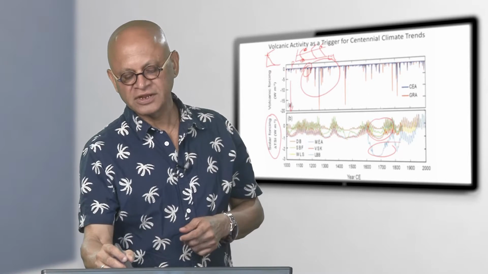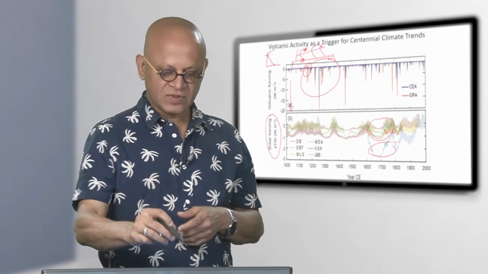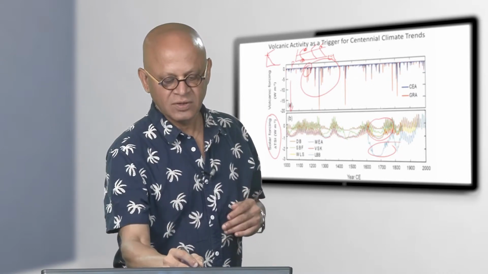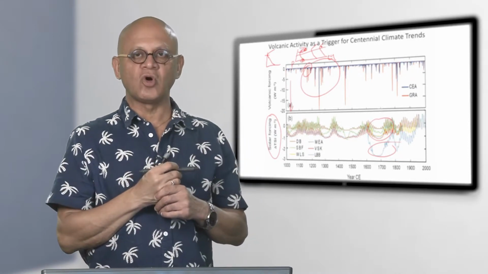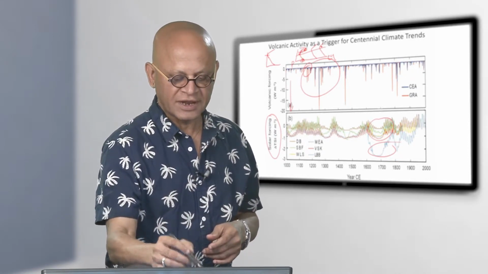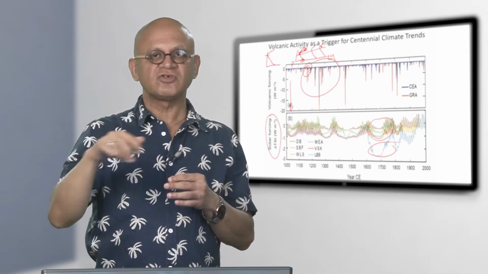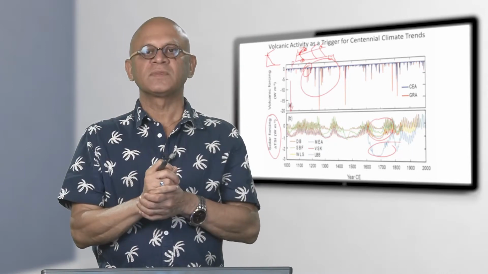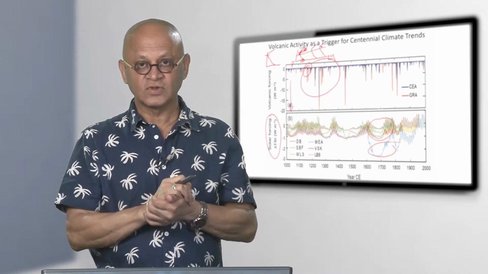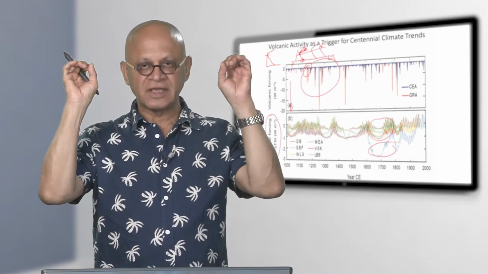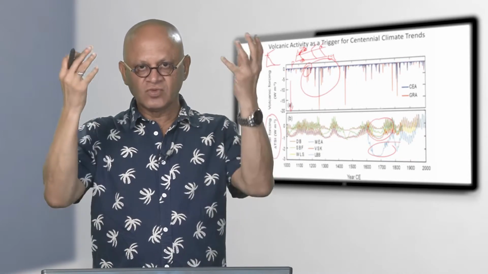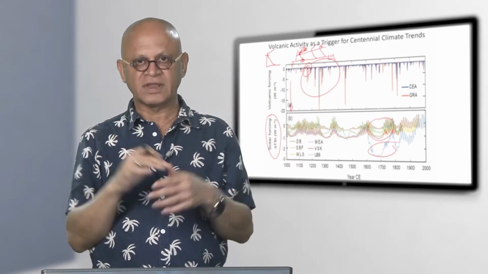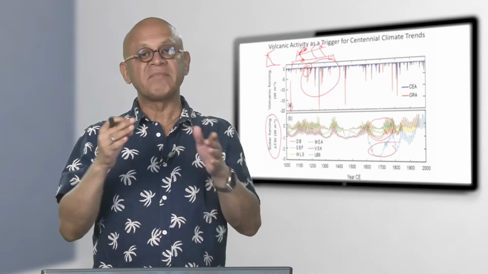Why is it important to get into the stratosphere? Basically, stratus means stratified. It is stable because it warms as you go up. Cold air is heavier, warm air is lighter, so it is a nice and stable region. You do not have a lot of weather in the stratosphere. So, if you put stuff in the stratosphere, it can stay there for a long time. If you dump a lot of ash and aerosols into the stratosphere through a volcanic mechanism, it can spread horizontally and stay there for a long time. So, it can affect climate for many years.